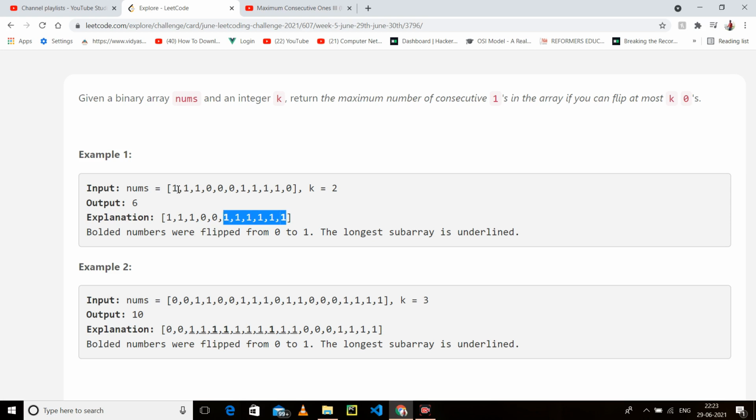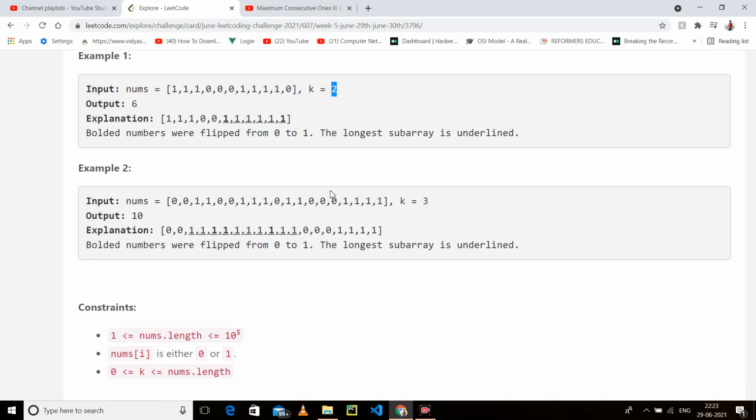In this we have an array, and if we flip this 0 to 1 and this 0 to 1, this is the maximum. The array becomes this, and we have 6 consecutive ones, and we can flip only 2 zeros. In this case we have k equal to 3, so we can also flip this and this.